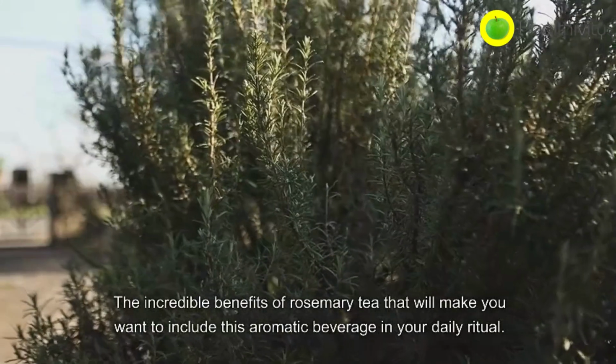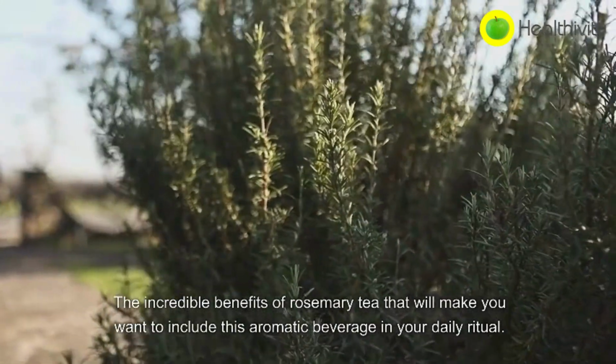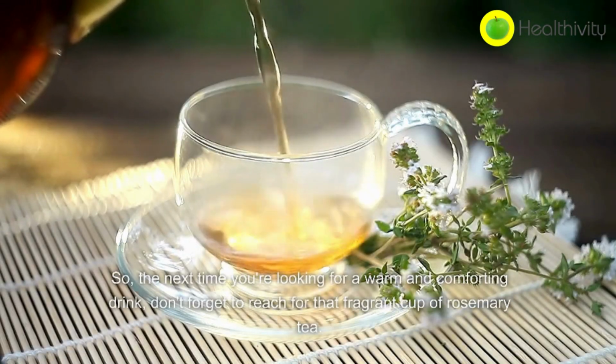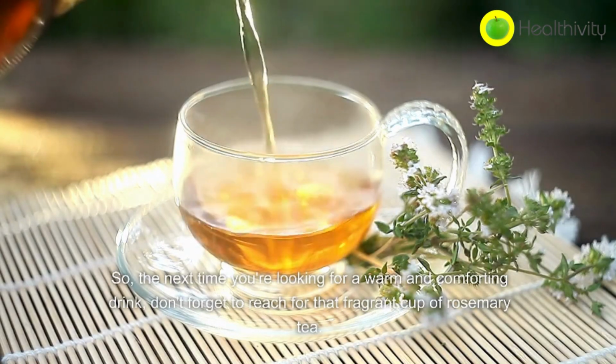These are the incredible benefits of rosemary tea that will make you want to include this aromatic beverage in your daily ritual. So the next time you're looking for a warm and comforting drink, don't forget to reach for that fragrant cup